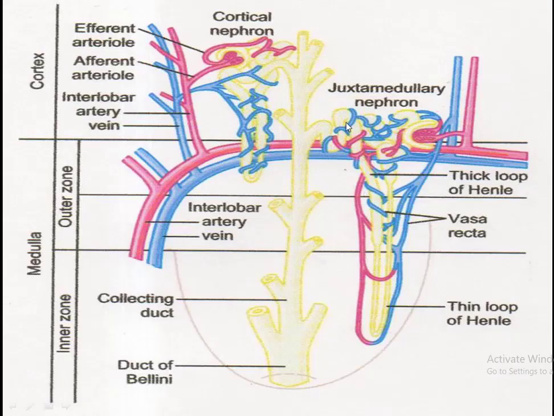In this picture we can see the two types of nephron. This is the cortical nephron, both of them are in the cortex. This is the line of the cortex, but the cortical nephrons are higher in the cortex, and the loop of Henle is short, while in the juxtamedullary nephron the loop of Henle is deep and reaches the deeper part of the medulla. The peritubular capillary surrounding the loop of Henle is called vasa recta, and the blood flow in the medullary part is very